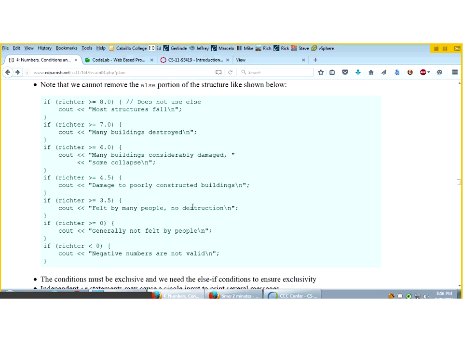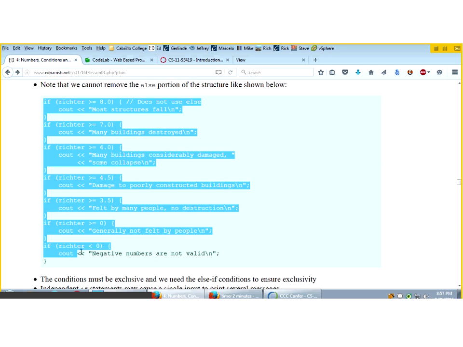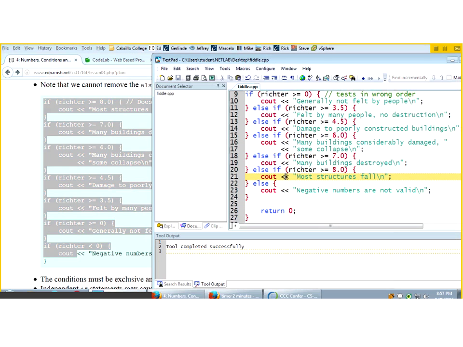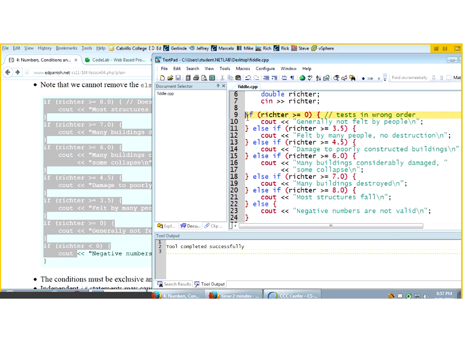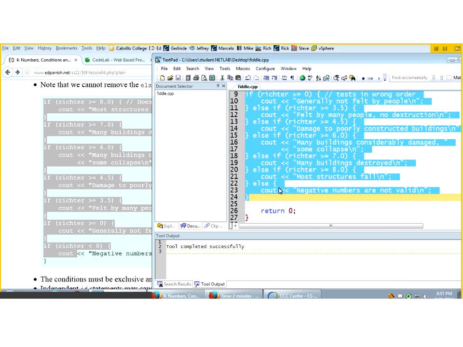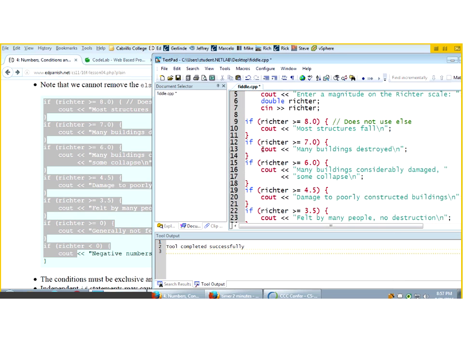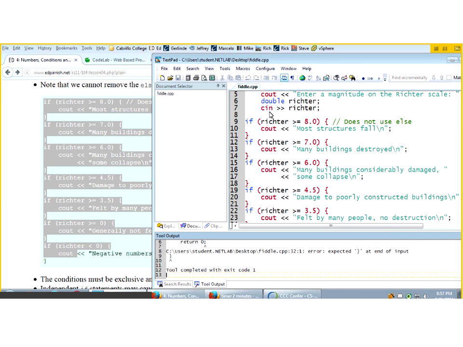Also, what if I just say, hey, I'm not going to use if, else, I'm just going to use a bunch of different statements. So here I have it in the right order. I say, if the Richter is greater than 8, the structures fall. If it's greater than 7, many buildings destroyed. It's just a bunch of if statements without the else. What effect does that have? So if I compile this,